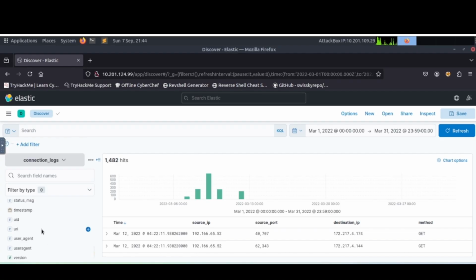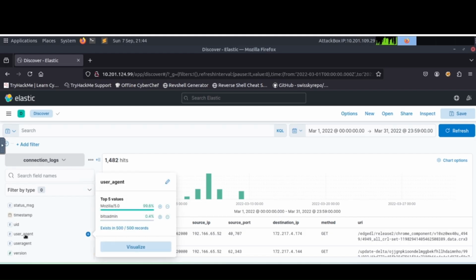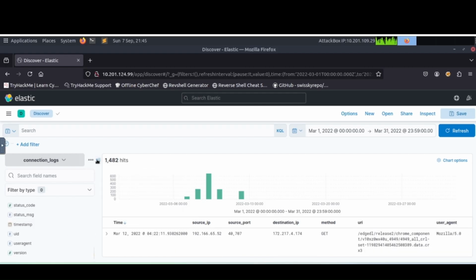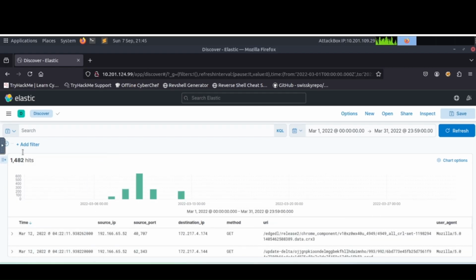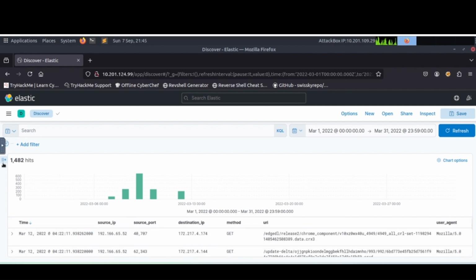Let's see. Let's select URI. Go ahead and throw this in there too. Okay. So maybe user agent too. Let's see what's in there. That looks interesting. There's that bits admin. So let's just throw it in there too. Okay. So now I have some pretty good filters here, or columns here, that we need to choose from these